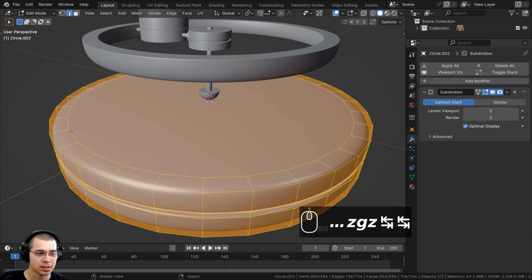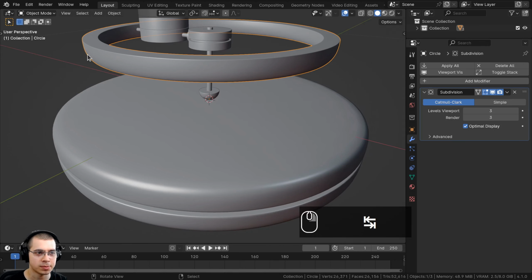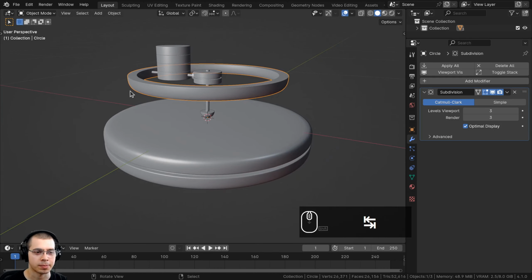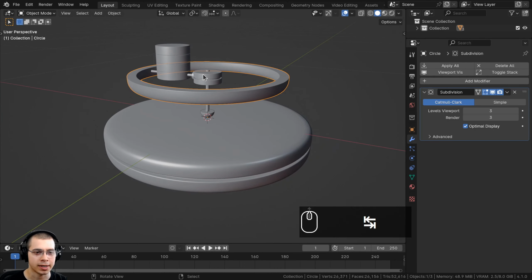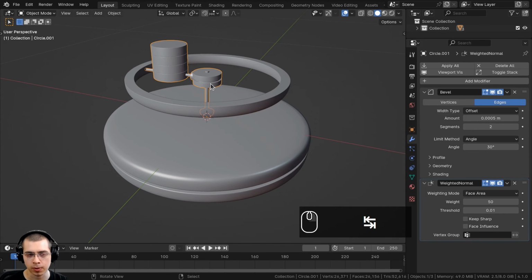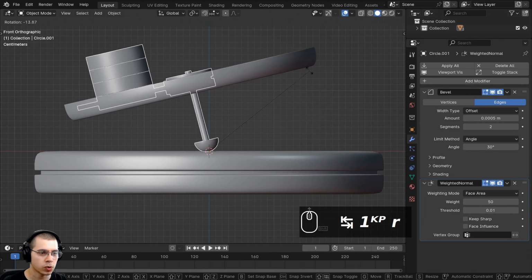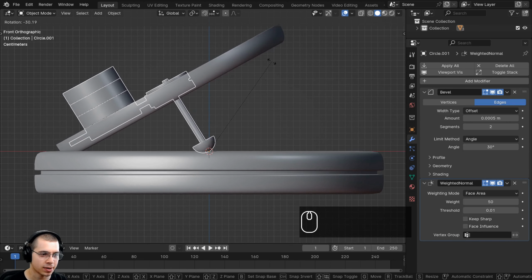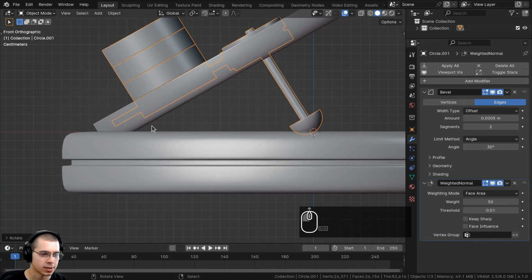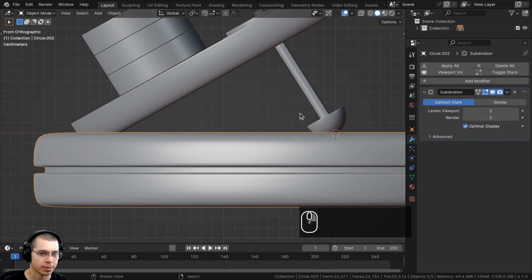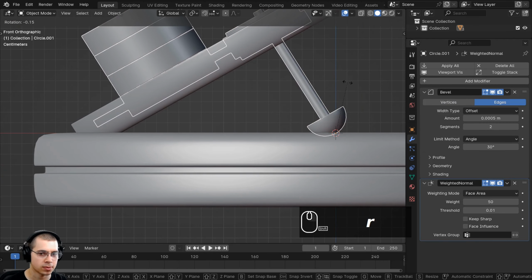So now I want to add that little groove there inside where this piece is going to rotate around this piece. To be able to see where that's going to be, I need to select the center object, and I'll go to front view, and then I want to rotate this piece down and stick it down here so it goes inside the other piece. So you can see this piece is now overlapping this piece.